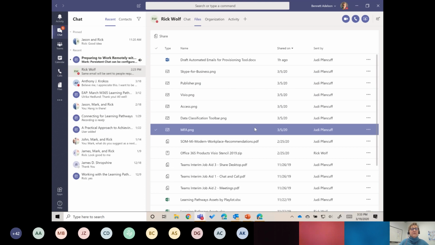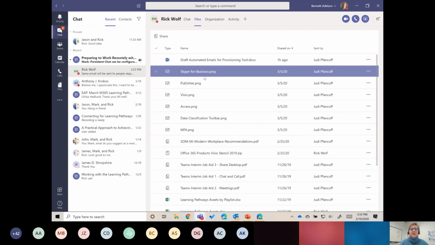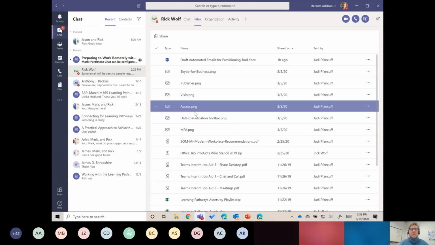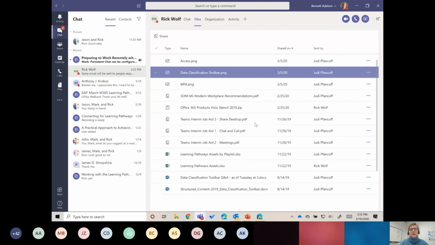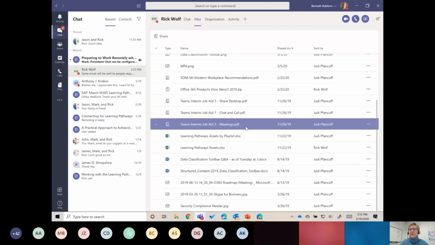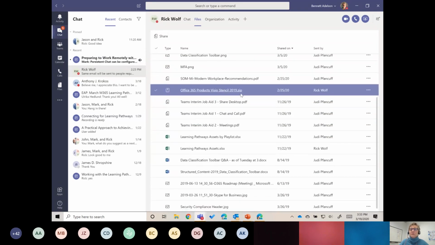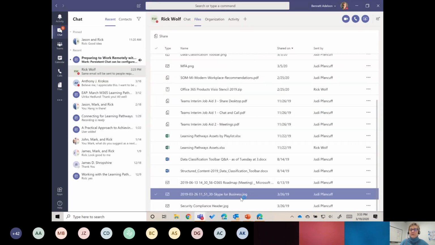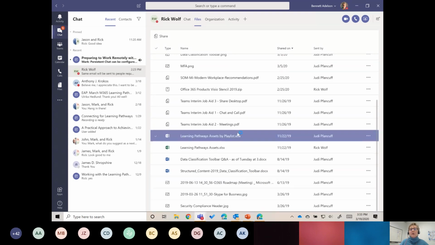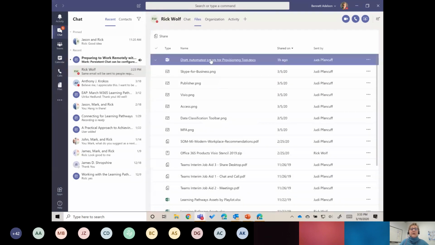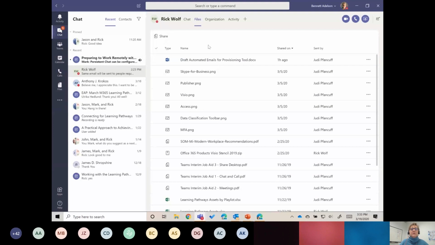What that means is if any files, or in this case images, were shared in the course of this chat, they end up here in a fairly easy to search list. So for a whole year's worth of chats, my files list with Rick isn't that long. I can come in here if I know we shared something in a chat and find it pretty easily.